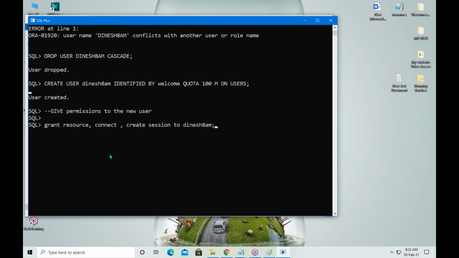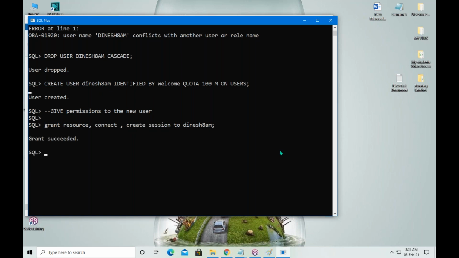What are the permissions you are giving? Grant means giving permission. Resource is whatever the resources for this user. Connect is whatever the connect permissions for the user. And whenever he logs in, whenever he connects, he will get a session, so session level permissions are also given to the user.